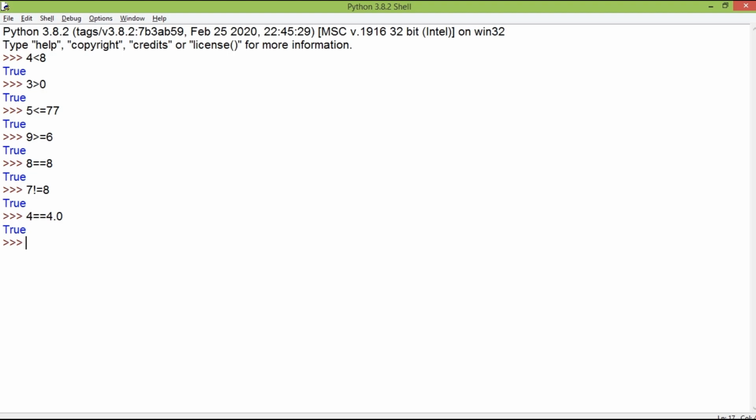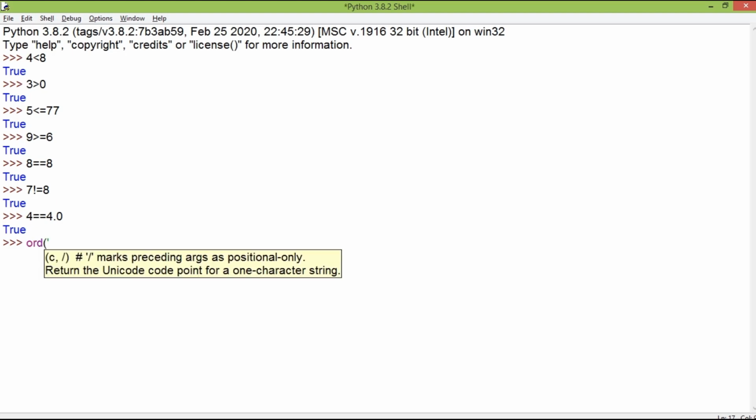Strings are compared in the lexicographical order, the order in which they appear in a dictionary. This lexicographical order is implemented using the ASCII codes or the Unicode available in Python. To check the ASCII code of any letter, we can use the ord function like this.